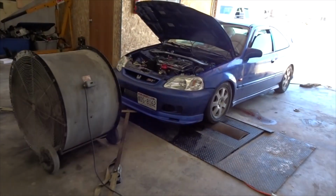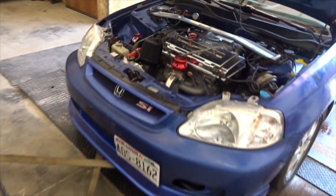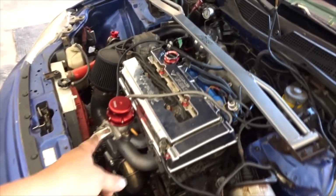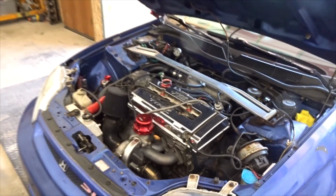Today we're going to be dyno tuning the Rev9 turbo kit, and I got it strapped on the dyno. It is a hot one today, but hopefully we still make some good power. I have put a few miles on the car on the dyno, and it's been doing really good. No leaks anywhere. Had to fix a few small exhaust leaks on the wastegate. That's all fixed now, and you guys have been kind of caught up to speed on the last few